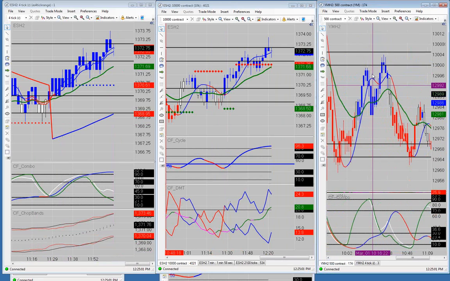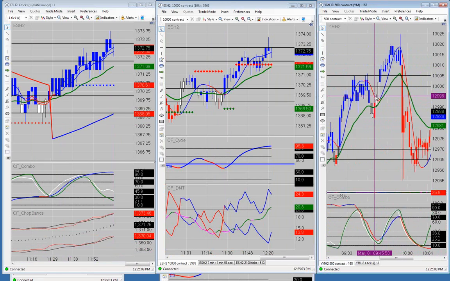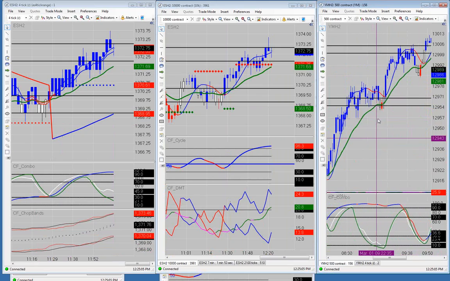I'm going to look at the 500 contract on the YM. We didn't take any trades on the YM this morning. Right here at the very open of the market, I couldn't